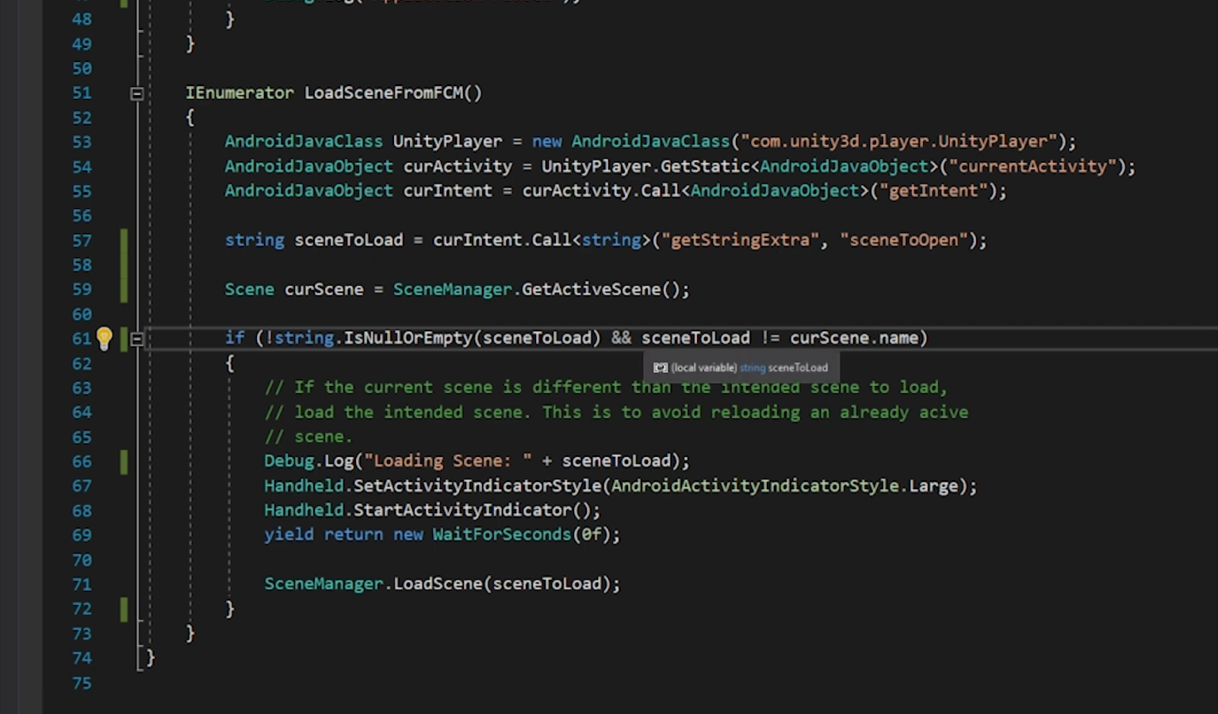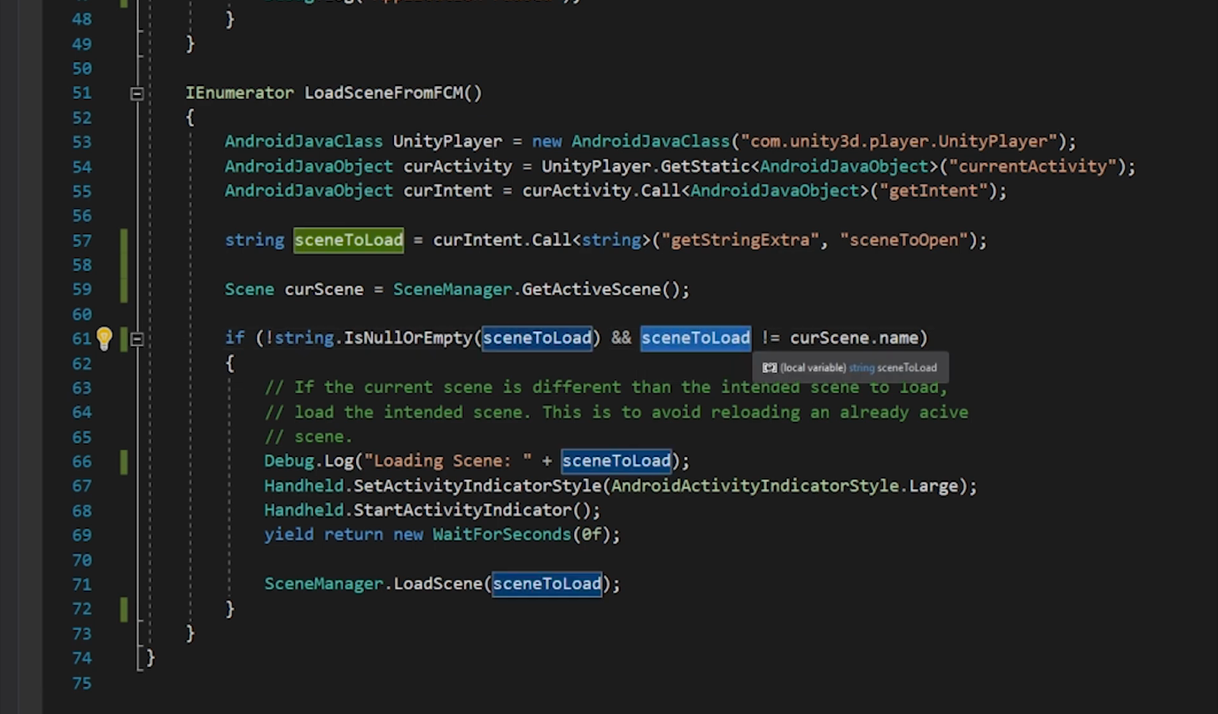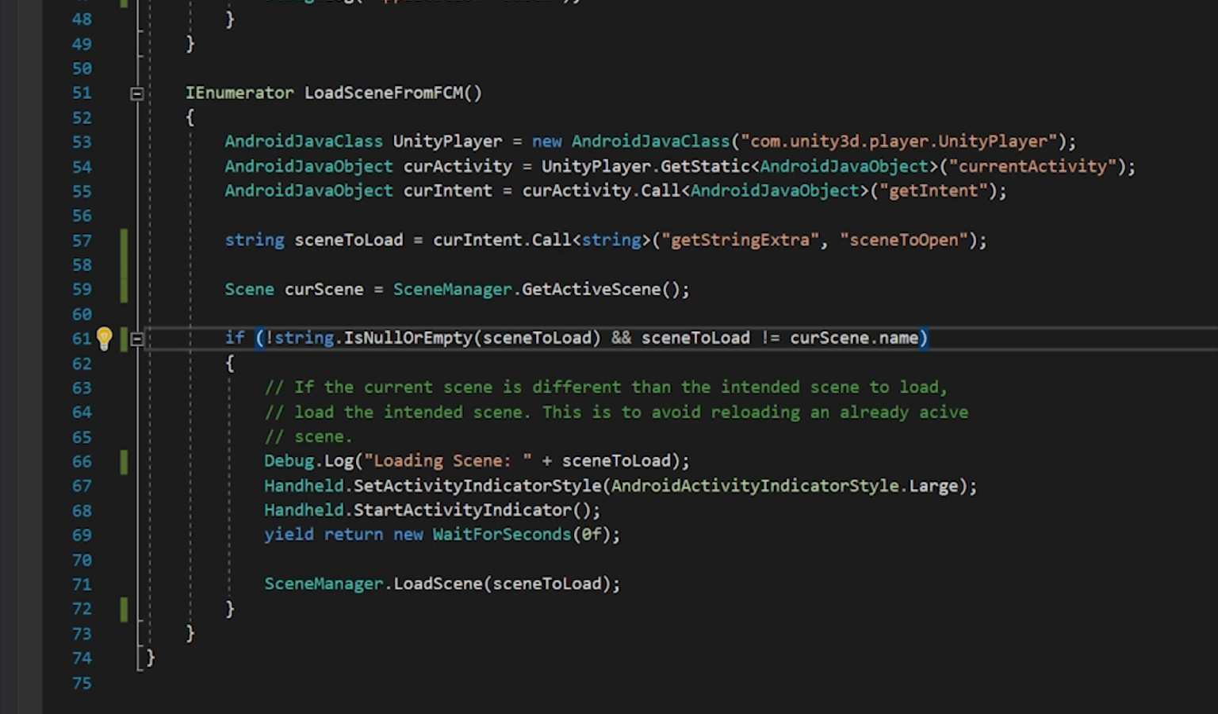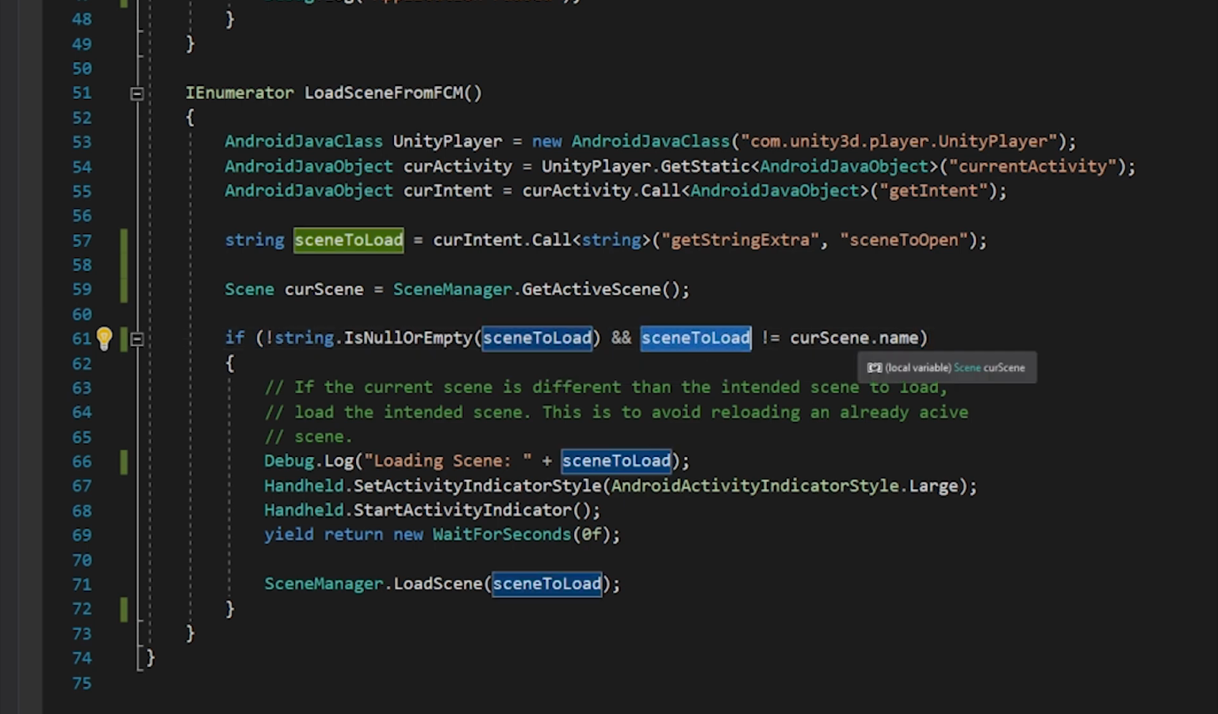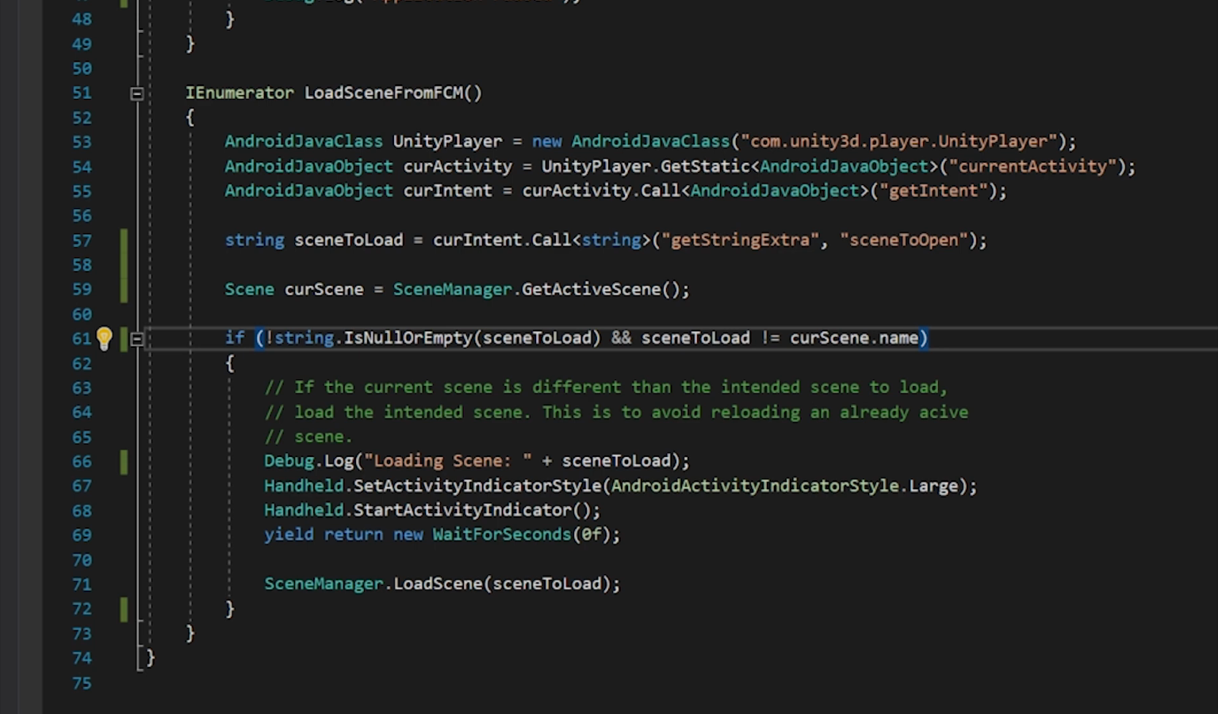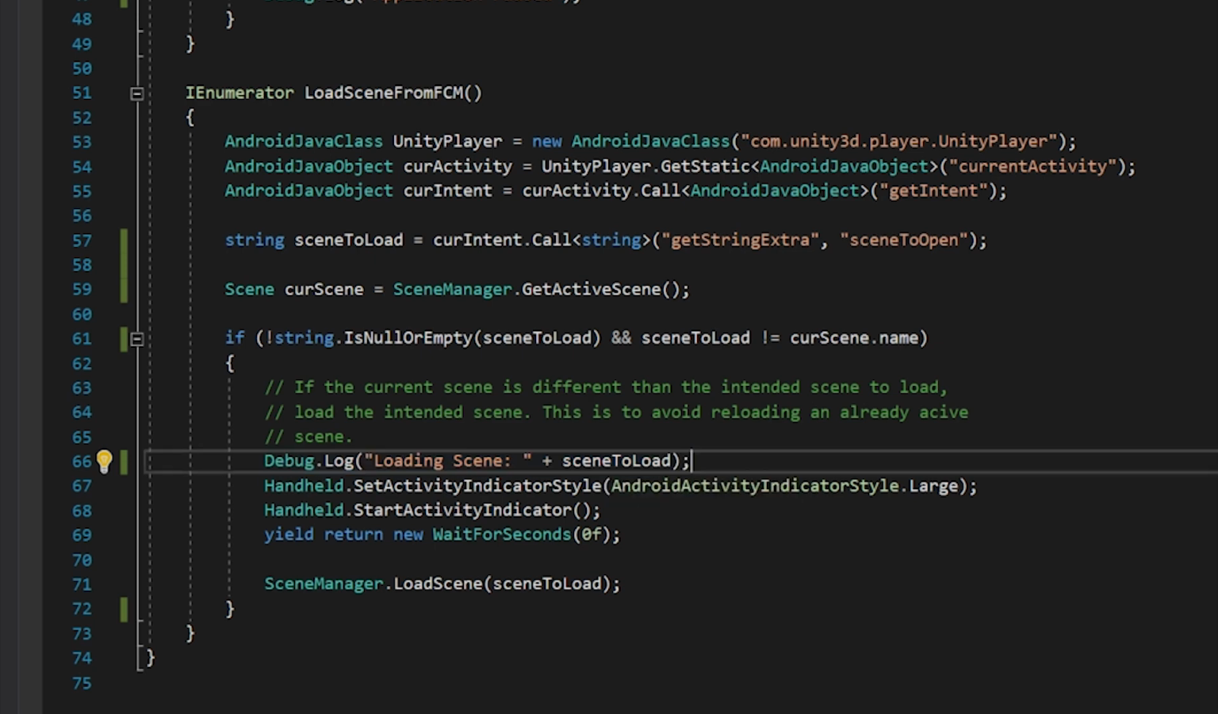And we want to check if the scene to load, the scene we want to load, is not the same as the current scene's name. So again, this line may be a little bit confusing, but all we're checking for is if there is data in the scene to load variable and that data is not the same as the current scene's name. So anyways, if we pass this if statement, we'll put a debug statement saying loading scene, scene to load, and then we'll use these two lines here, the